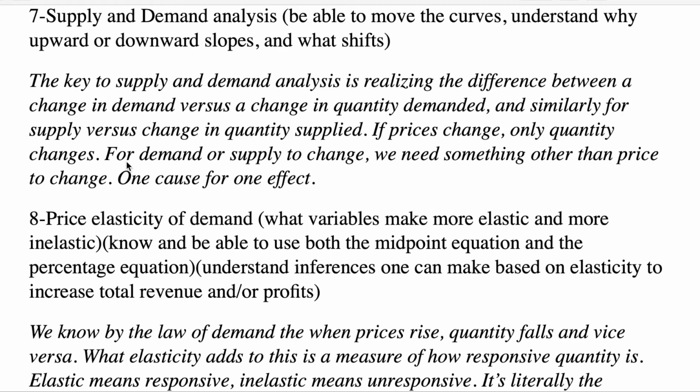The change in consumer taste, maybe consumers view the good more favorably. This leads to an increase in demand relative to a static supply curve. This is giving us an increase in price and a higher quantity supplied, right? If there's a change in demand relative to supply, it is a change in price causing a change in quantity supplied. Suppose there's something that increases the cost of inputs, right? This is going to end up being a reduction in supply. Assuming demand doesn't change, relative to demand, this is going to give us a higher price and a change in quantity demanded.